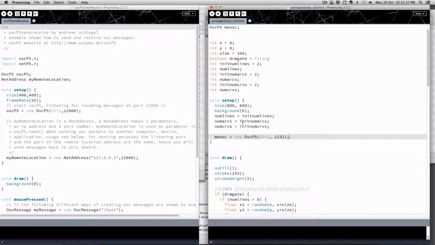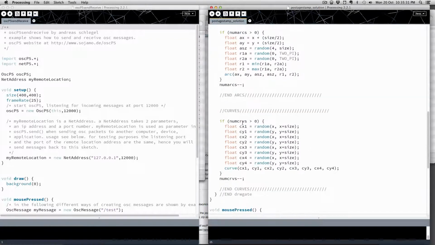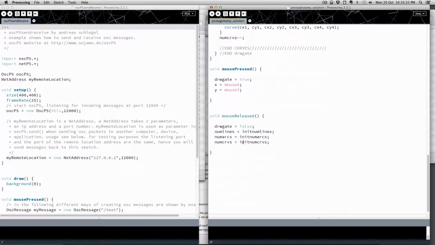Now I can send and receive OSC messages. Let's figure out what kind of messages I actually want to receive here, and what I want to do when I receive that message. If we look at our two functions here, mousePressed and mouseReleased, if you recall from creating this sketch, well, I can run it here now. Every time I press a mouse,